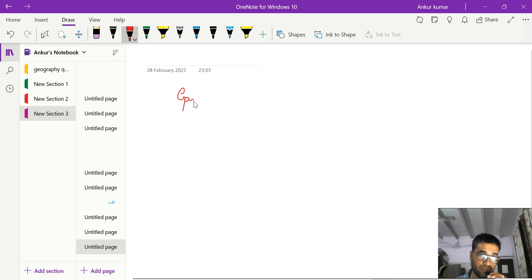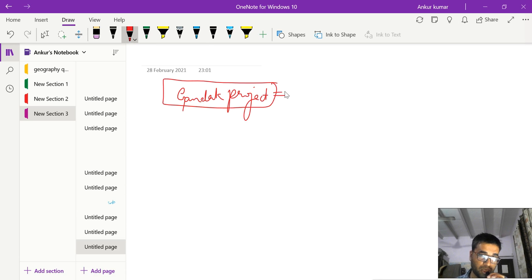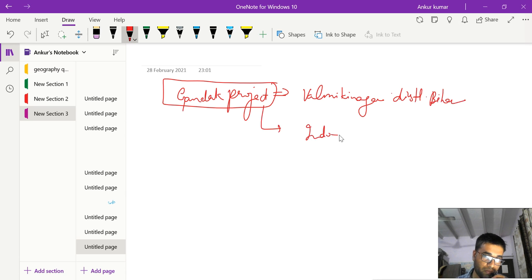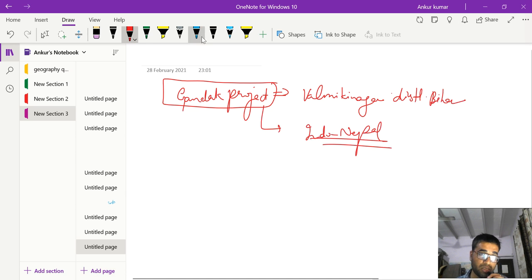Gandak project. Gandak project, as the name suggests, is on Gandak River, and is present in the Valmiki Nagar district of Bihar. Okay, and is again the joint project of India and Nepal, Indo-Nepal. Right. Moving on to the next project, that is the